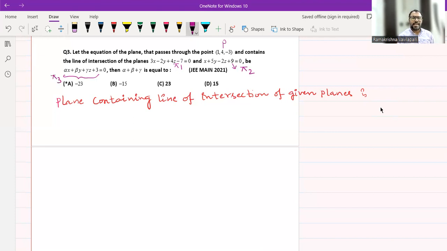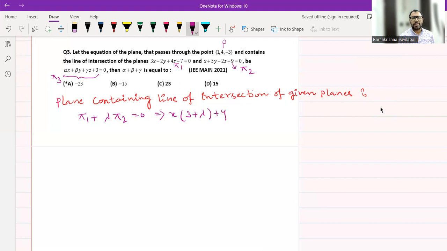So the plane containing the line of intersection of the given planes is, directly I am writing, pi 1 plus lambda pi 2 equal to 0. In pi 1, what is the x coefficient? 3. Multiply lambda to the second plane. So the x coefficient after multiplying by lambda is lambda. So x into (3 plus lambda)